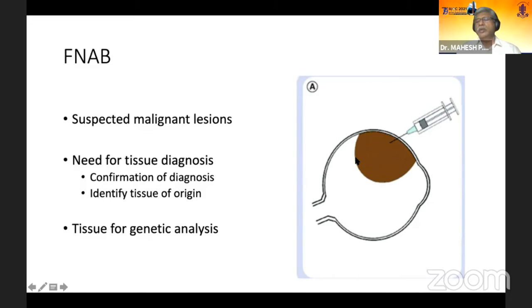So if you're treating a melanoma with brachytherapy, it's preferable to know what is the genetic makeup of the tumor, because that tends to affect the prognosis of the patient. So for instance, a trisomy 3, a monosomy 3 is something which is associated with an increased metastatic potential. So before we put the plaque, we can take a biopsy and then put a plaque over the melanoma.